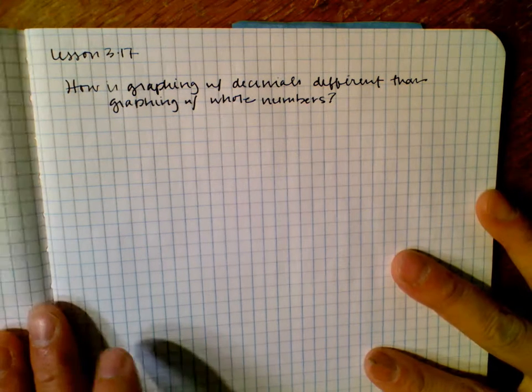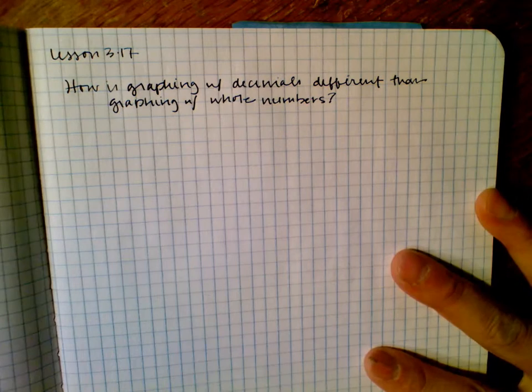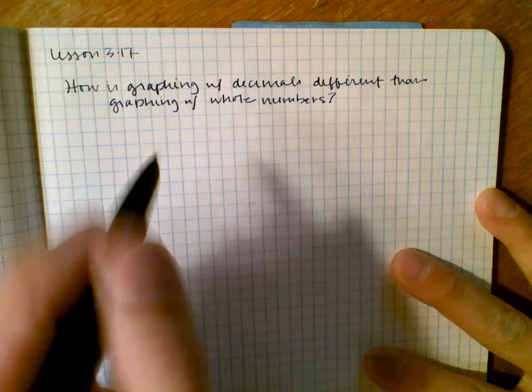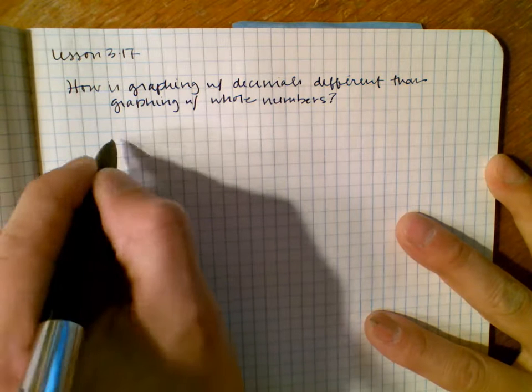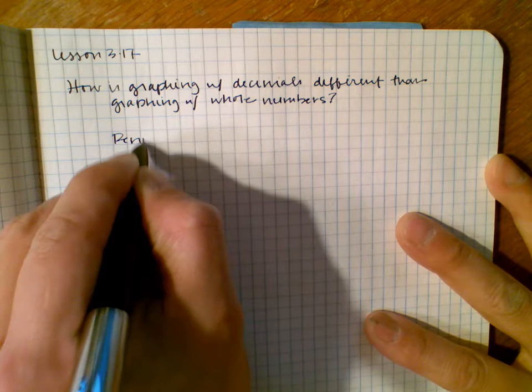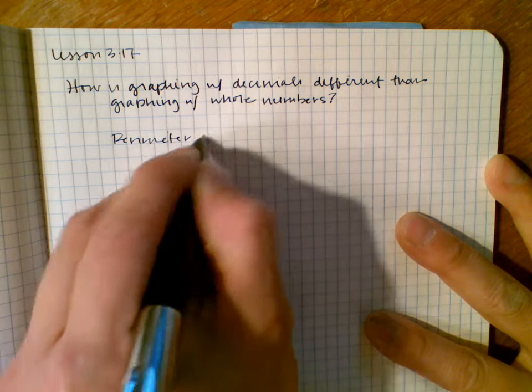But today we're not going to review place values. We've done that a few times. We'll probably do that next time. But today we're going to review perimeter and area. So what we're going to look for is the perimeter and area